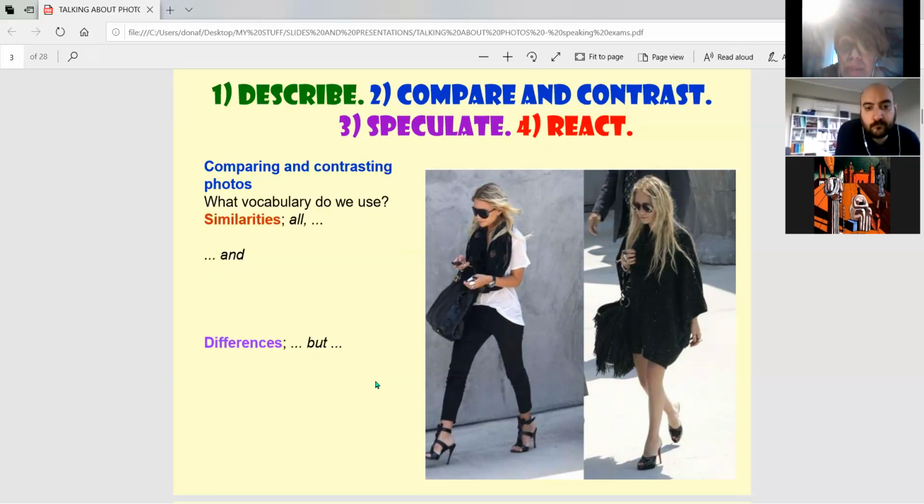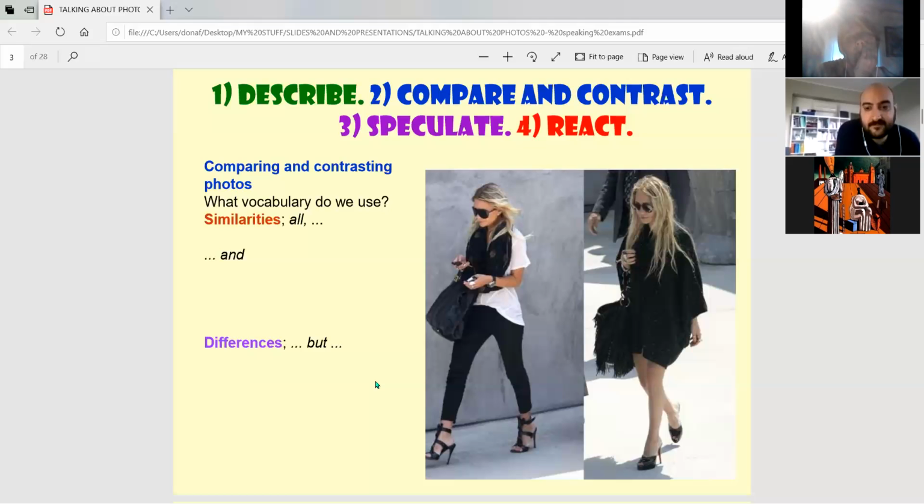Which is the first person? How can we know that there's a first and a second one? The person on the right. Good. I mean, the person on the left has clean hair, but the person on the right doesn't have clean